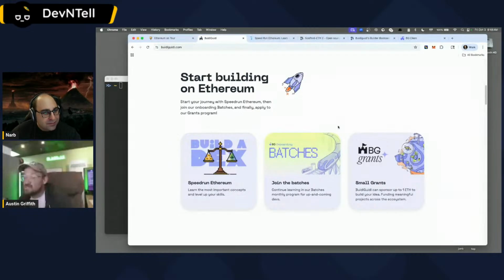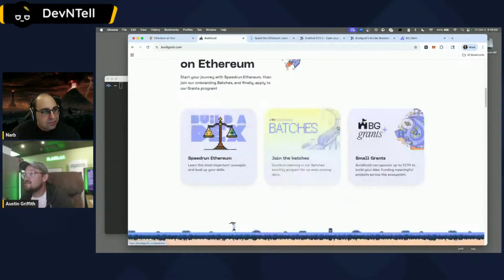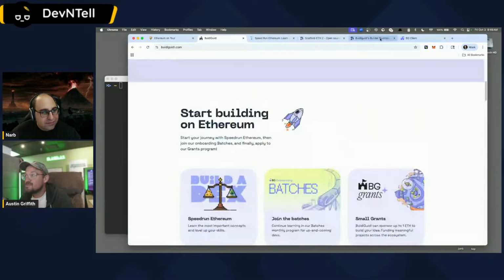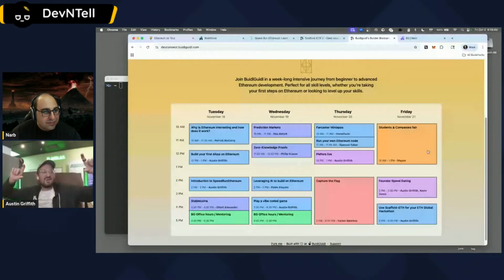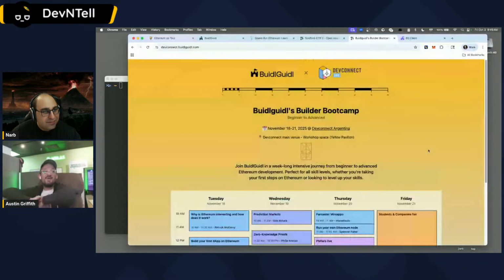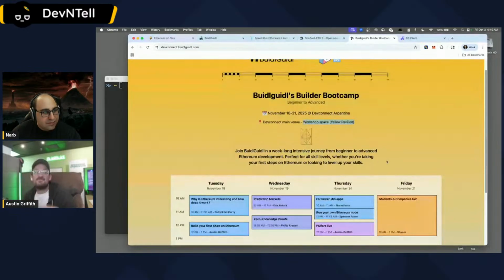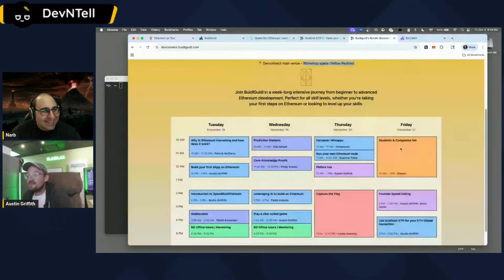And you'll find us all at DevConnect, by the way. There's a Build Guild at DevConnect. If you look at the schedule at DevConnect, there's a big chunk that says Build Guild right at the top. Come find us. We will have a workshop room at the main venue. Looks like it's going to be called the Yellow Pavilion. I don't know what that means, but look for the Yellow Pavilion. We're going to have a ton of great